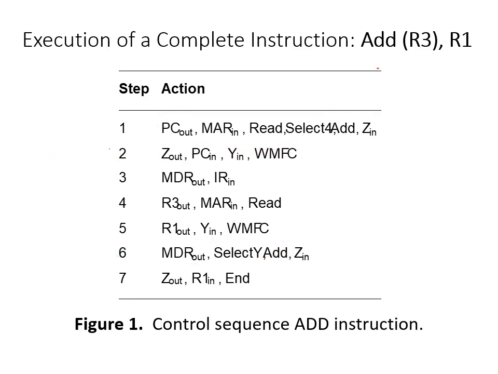So now I hope you are very familiar with what is a control sequence, what is an instruction set, what are basic steps and what is the relation between a step of the control sequence and a clock cycle. Every step must be executed in one clock cycle. So if you consider step 4, R3 out, MAR in and read, all 3 basic steps should be executed within one clock cycle, at clock cycle 4, after the add instruction starts execution. So this is what is taught to the processor. That's what is called a control sequence.